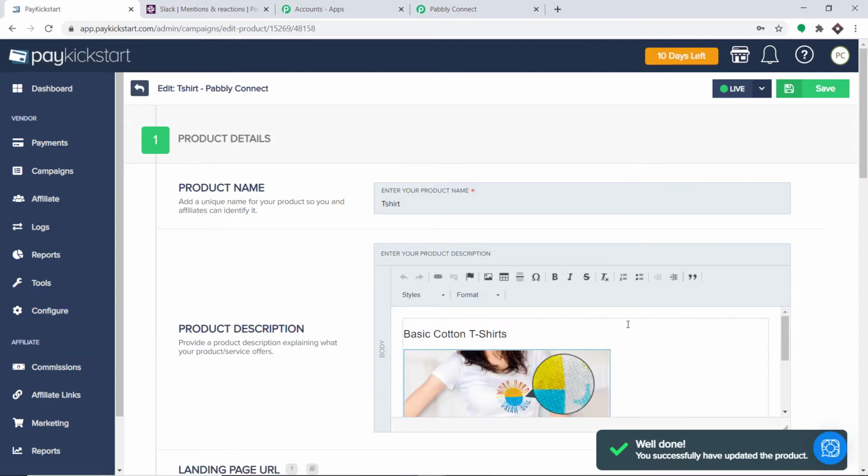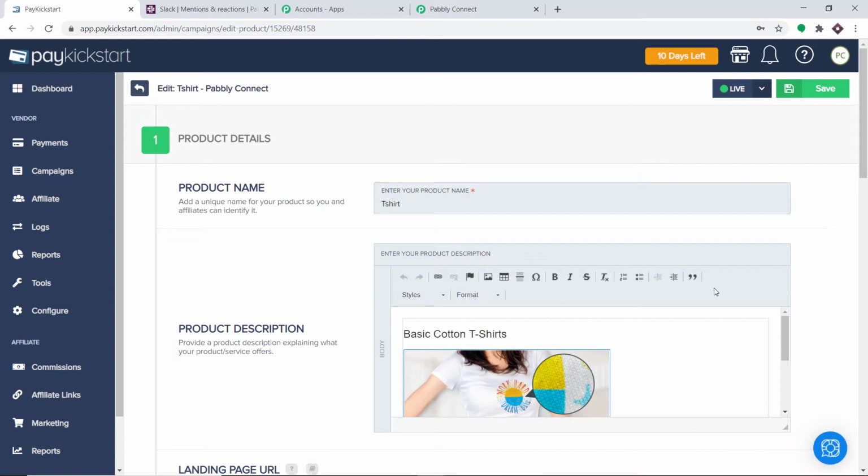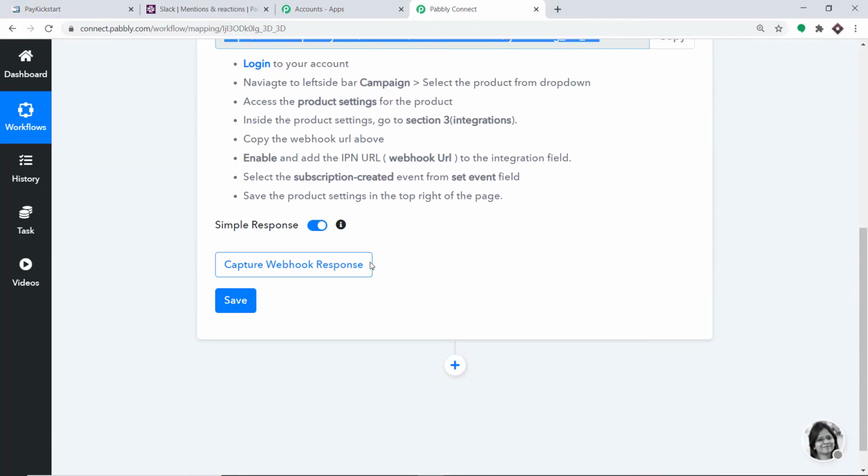Okay, so it is showing that we have successfully updated the product. Excellent. Basically, this means that we have successfully integrated PayKickstart and Pabbly Connect. Now, this means that anytime a new subscription is created in PayKickstart, Pabbly Connect will capture this data. Now, to ensure that Pabbly Connect captures this data, let's go to Pabbly Connect and click on this button,